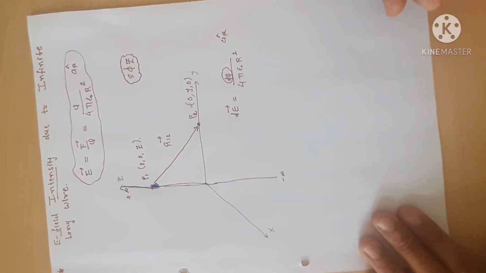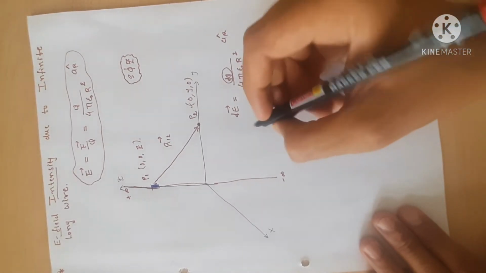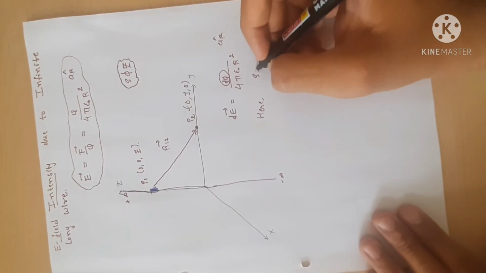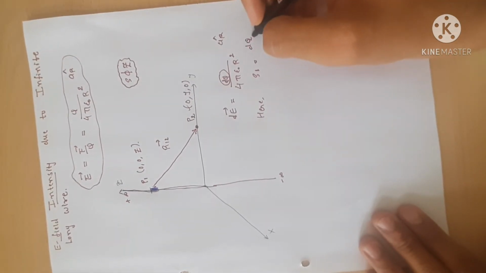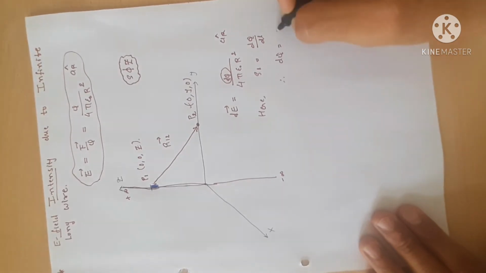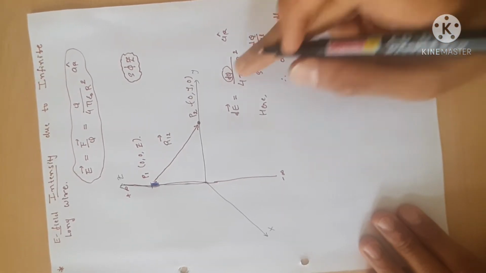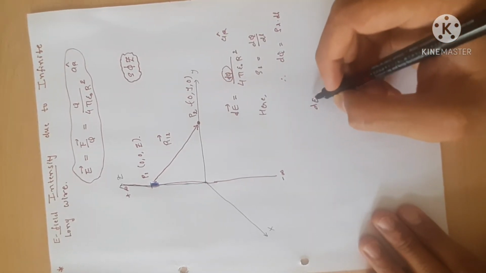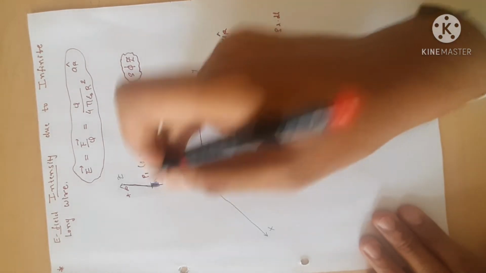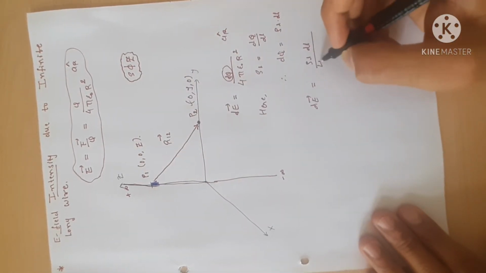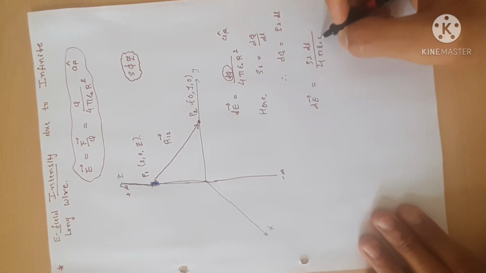And how to use a wire? We have to use the concept of line charge density. So we can write here line charge density rho L is equal to dq by dl. So what is dq? dq is rho L into dl. So instead of dq, now we just put rho L into dl. So the electric field at point P2 due to the small filament is rho L dl upon 4 pi epsilon 0 r square into ar.